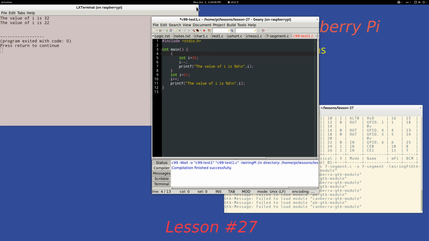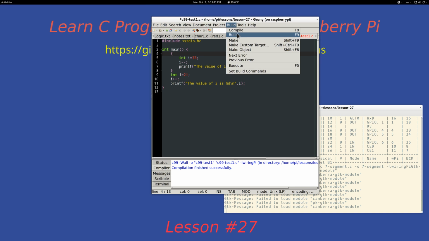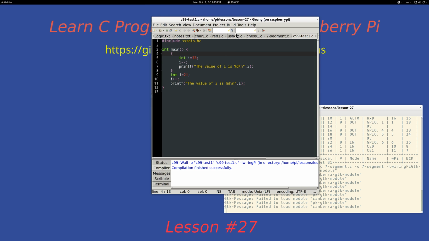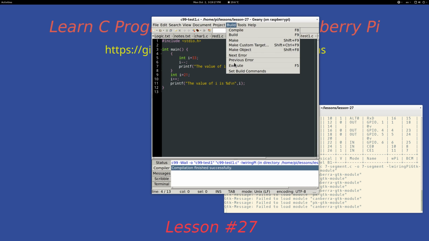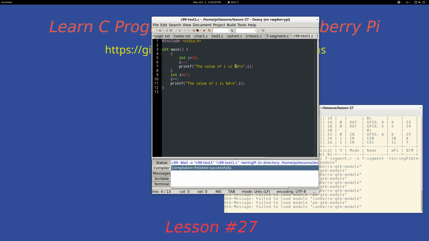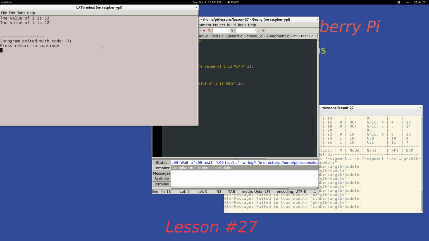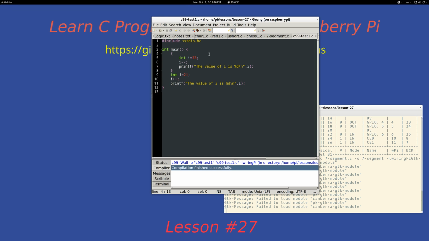Let's give it a try. Build, and it finished successfully, and if we run it here. Okay, and you see we get the same results, 32 and 22. So, well, these concepts here are a lot to grasp in a few minutes, but